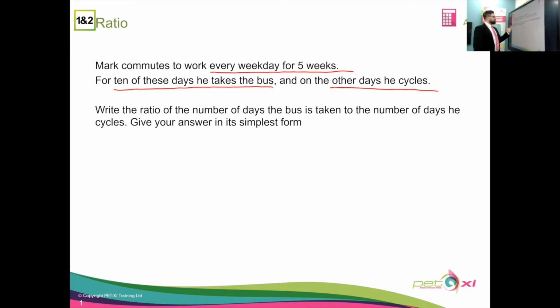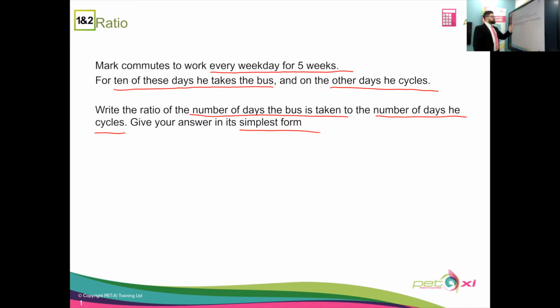Write the ratio of the number of days the bus is taken to the number of days he cycles. Give your answer in its simplest form. So once we've found out what our answer is, we then need to transfer it into the simplest form that it can be shown. Okay, so first things first, we need to find out the total amount of days that